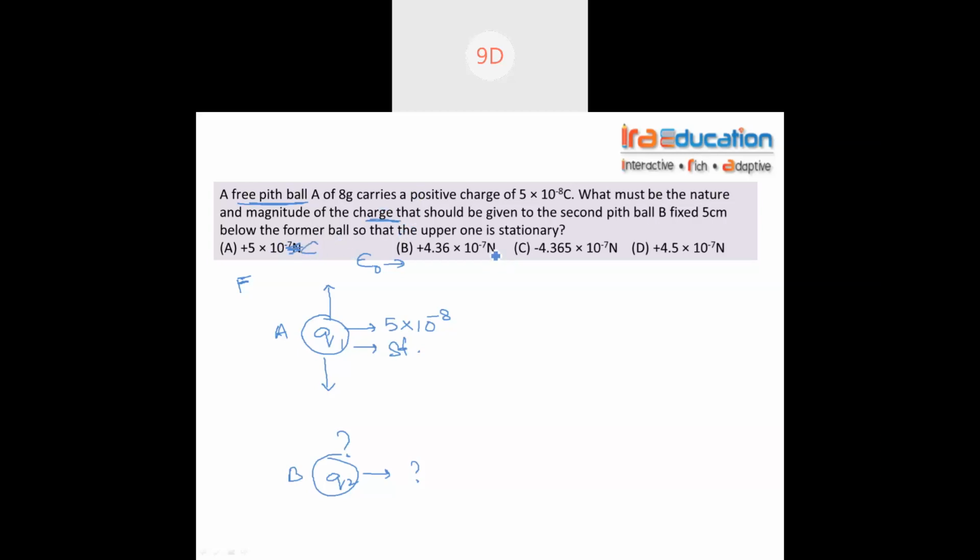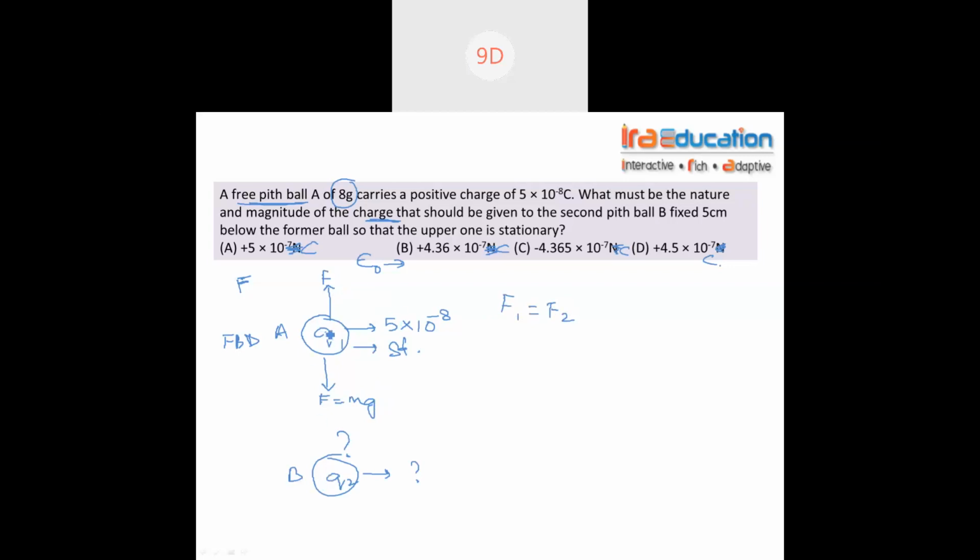Coulomb. Very good. Very good. Who is that? Adhyaksh. Very good, Coulomb. Now, guys, in 9th class, I have taught you something called free body diagram. What does a free body diagram do? Upward forces should be equal to downward forces. Here's something new he has given us, 8 grams, meaning the F equals mg concept and Coulomb's law concept should be equated. So F1 should be equal to F2, then this pith ball will remain in its original place.